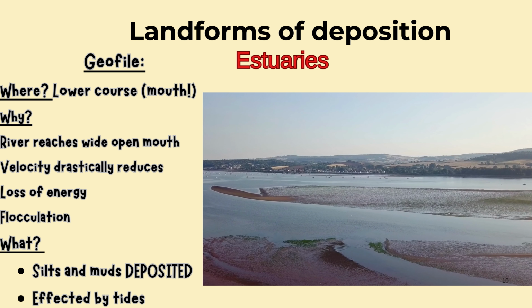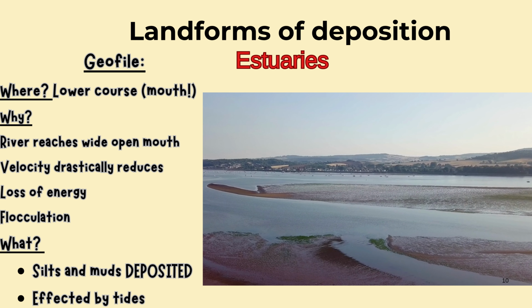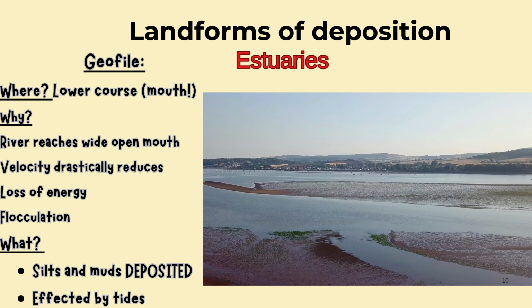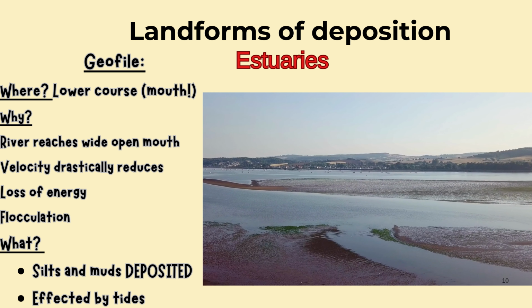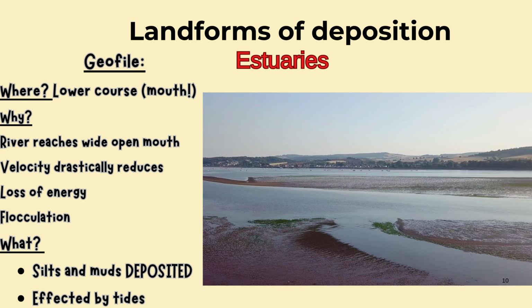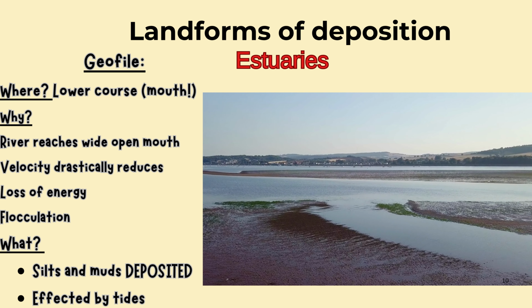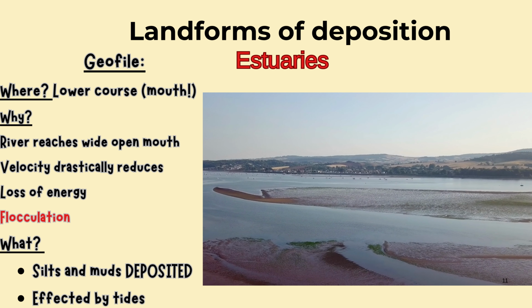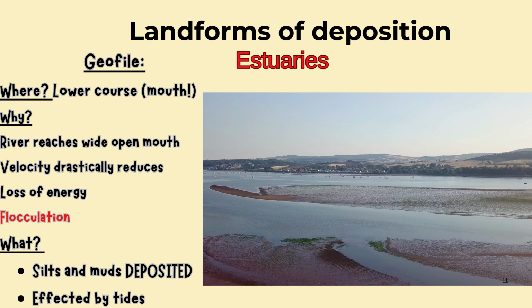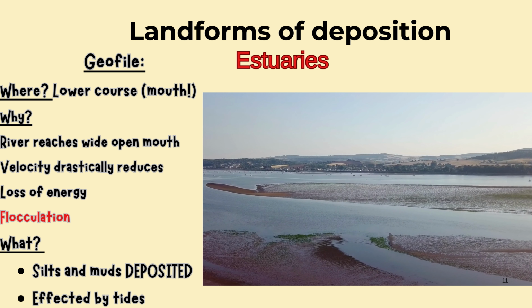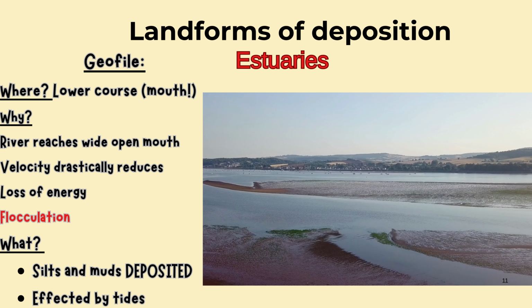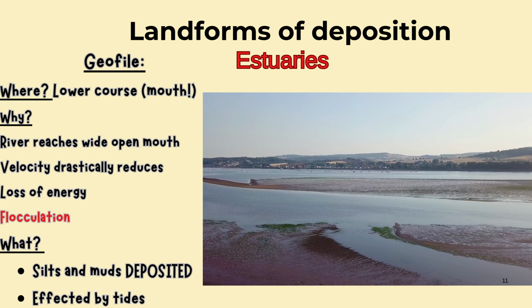Finally then, estuaries. This is at the mouth of the river. This is where the river is really coming to its end. Huge loss of energy, and that is because the river by this point is so wide and so deep. So velocity really, really reduces. And we get what's called flocculation. So flocculation is when the salt in the seawater, it's really vital to this,